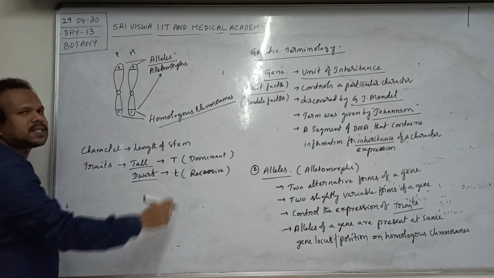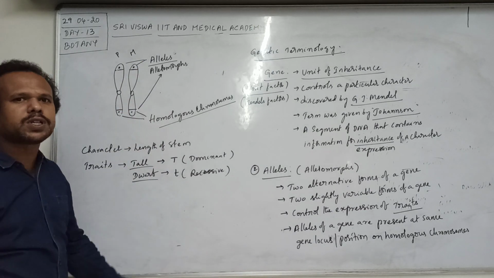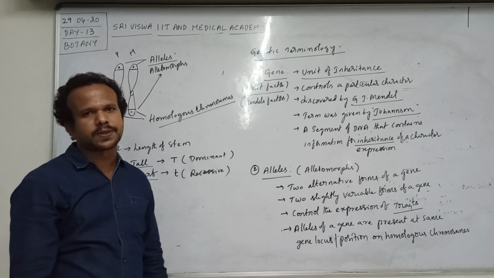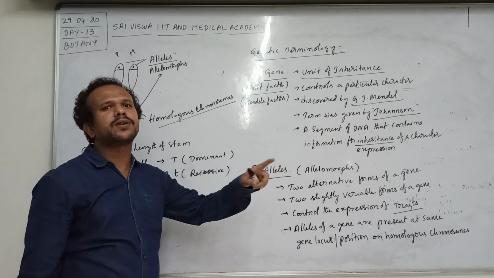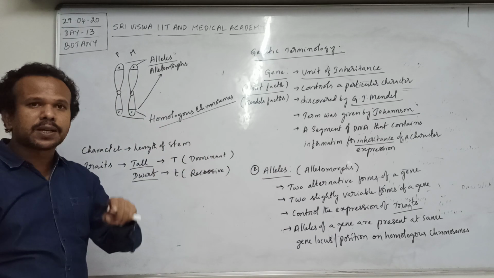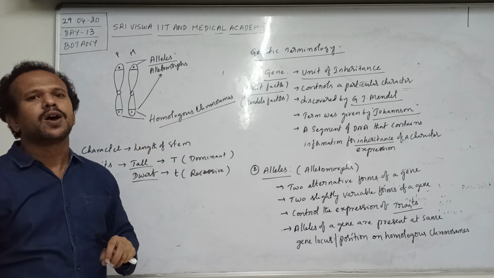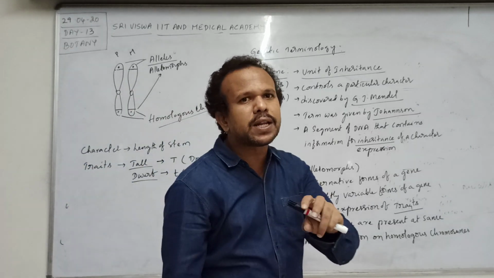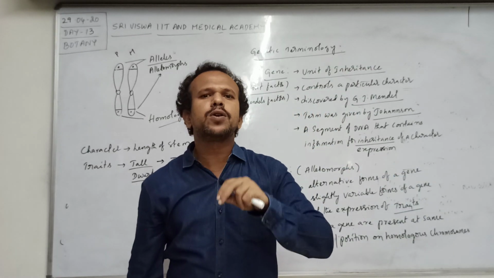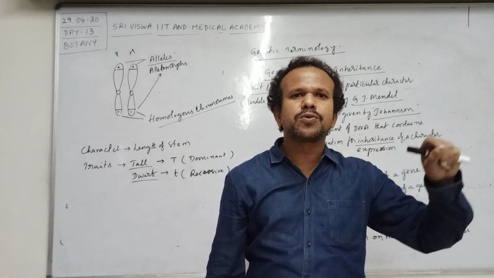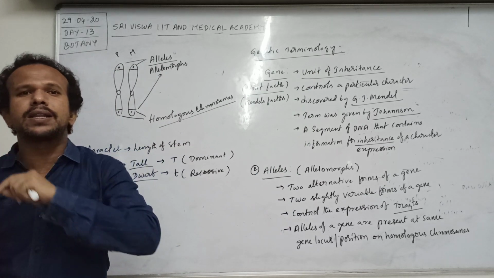These two are considered as alleles because both the genes are present at the tips, at the same position within the homologous chromosomes. So simply, alleles are nothing but two alternative forms of a gene. These are present within the chromosome at the same position within the homologous chromosomes. Homologous chromosomes are nothing but similar chromosomes. Generally, in a diploid individual, two homologous chromosomes are present. One is related to father and another one is related to mother. One is related to the male parent and another one is related to the